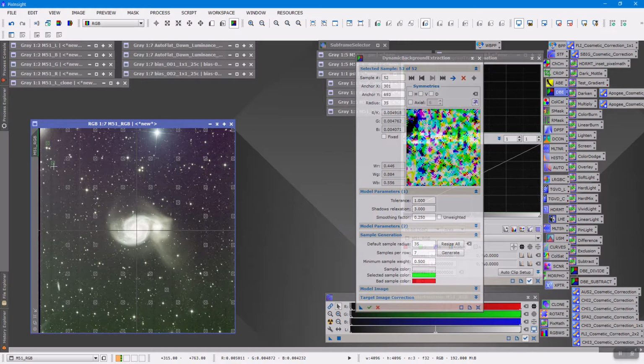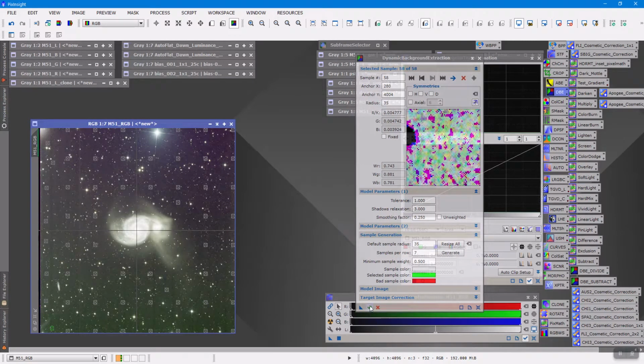So I'll put another one here. I don't know why it didn't put samples over here, but I usually just go in and put the samples in manually, like that. Everything else looks pretty good. Nothing here in the galaxy, and then I click the check mark,